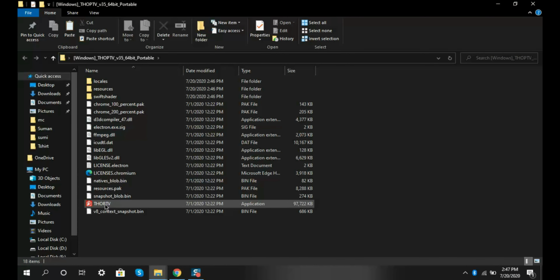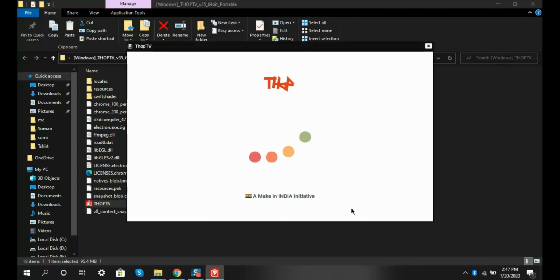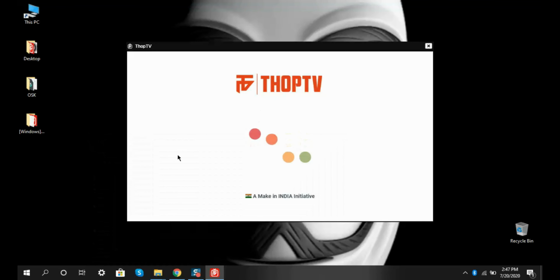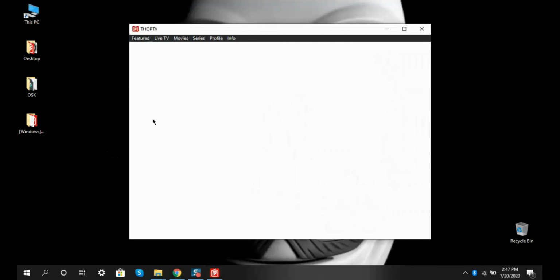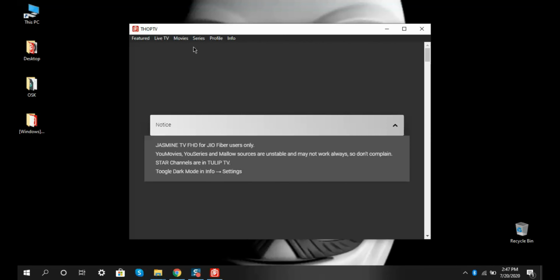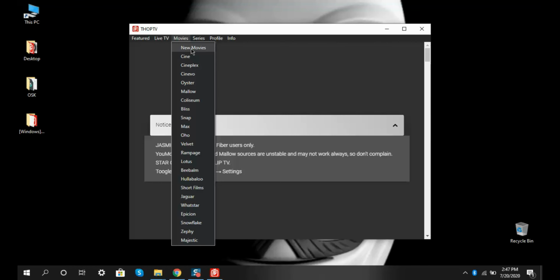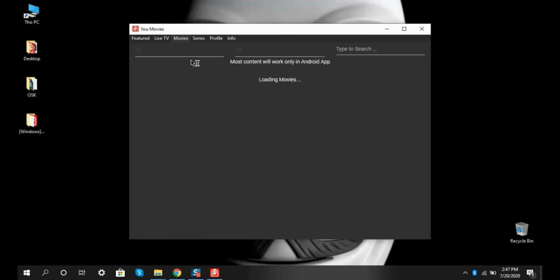This is your Top TV application, which you can run to see movies and also live TV, as I said earlier. So let's go to the tabs. Suppose I want to watch some movies.